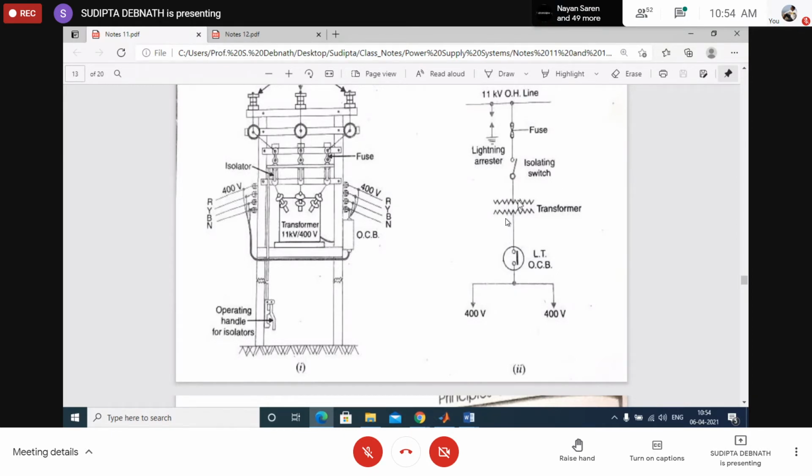Suppose circuit breaker is there, current is flowing, somebody has opened the isolating switch. What will happen? Huge fire will occur, huge flashover will occur, the person may die also. So you cannot open this one without the circuit breaker being tripped. Also, what happens? Suppose now everything is open under no load condition. Now you want to put this one in service. So which one should be connected first? First, isolator will be connected because isolators always operate under no load condition. First, you connect the isolator, then you put the circuit breaker in operation.